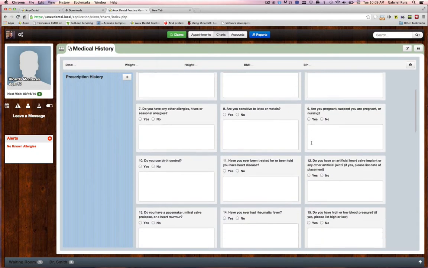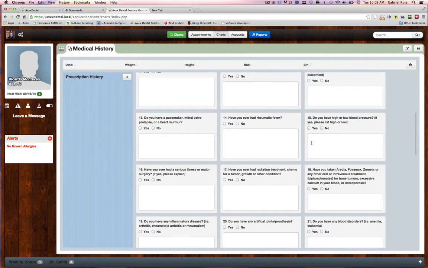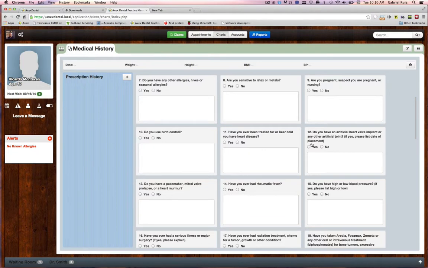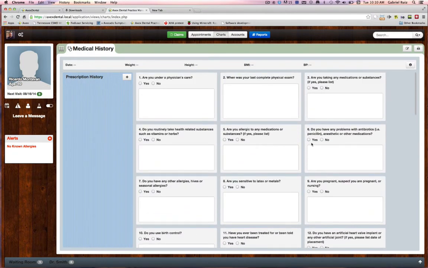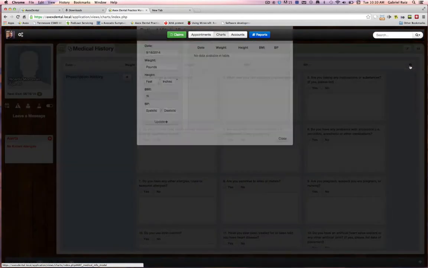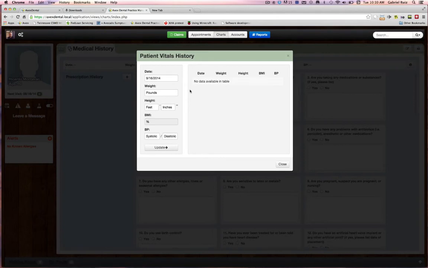Among the questions over here, you will also find a section where the patient has entered all of the prescriptions that they are taking, and that information may also be important, but you will find that over here on the right hand side. So in the medical history, you will find the prescription history, you will find their medical questionnaire, the questions that they answered, and in addition to that, you will find a section for basic health information of that patient. Let's start at that section. You can click right here to be able to enter information about that patient's